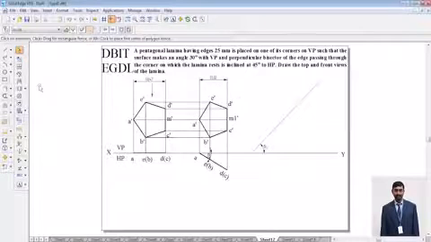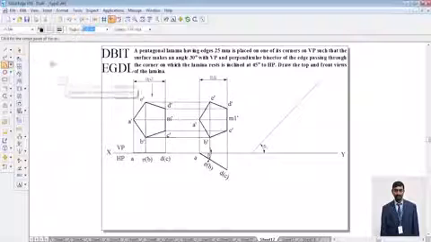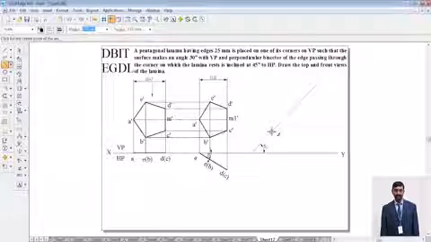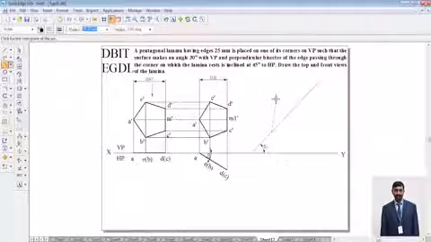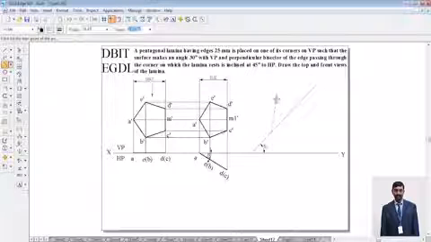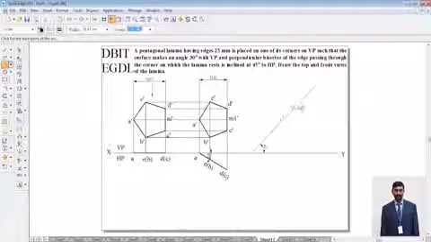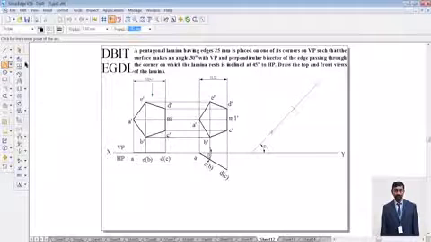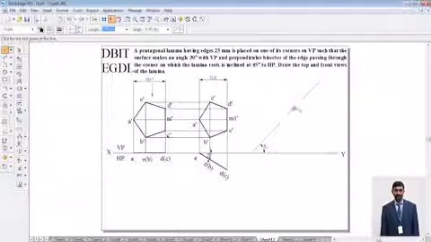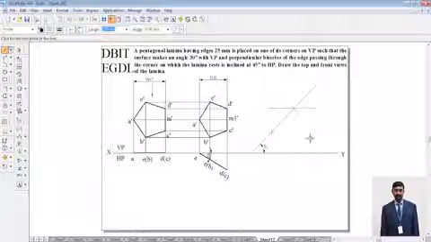So now I'm going to take an arc by center point method, thin line. So from any point on the 45-degree line, first I'm going to take an arc of 38.47. So enter, cut an arc. So next I'm going to draw a locus line with reference to this intersection point.